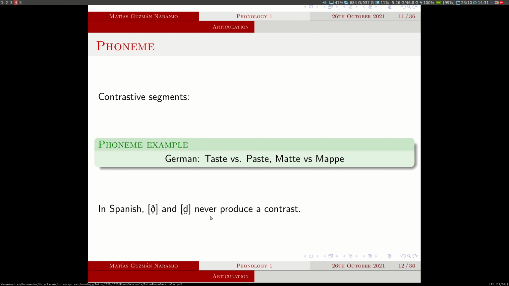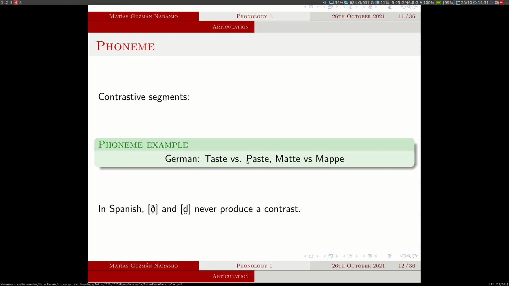Phonemes are contrastive segments, and you can see this in minimal pairs. A minimal pair is two words which are only distinguished by one sound. So, for example, in German, the words Taste and Paste are only distinguished by the T and the P in the initial position, and the words Mate and Mappe are only distinguished by the T and the P in the middle position. So we can say that T and P are contrastive, and they make up different